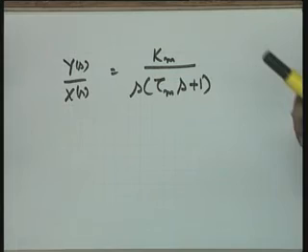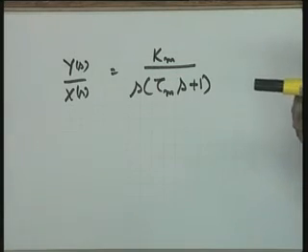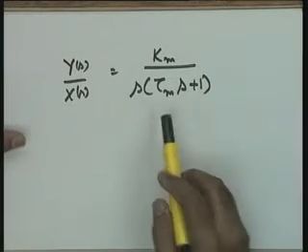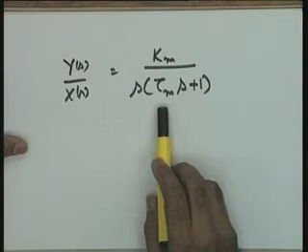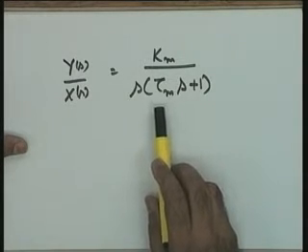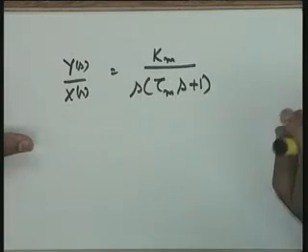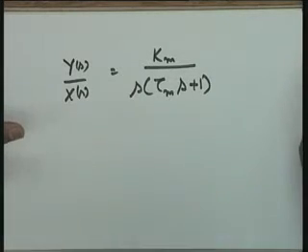You can see that the transfer function is similar to that of a DC motor or an AC motor. The only thing is this, that in this particular case tau m for the same size will turn out to be smaller, and hence the hydraulic motor is normally faster compared to the corresponding electrical motor.